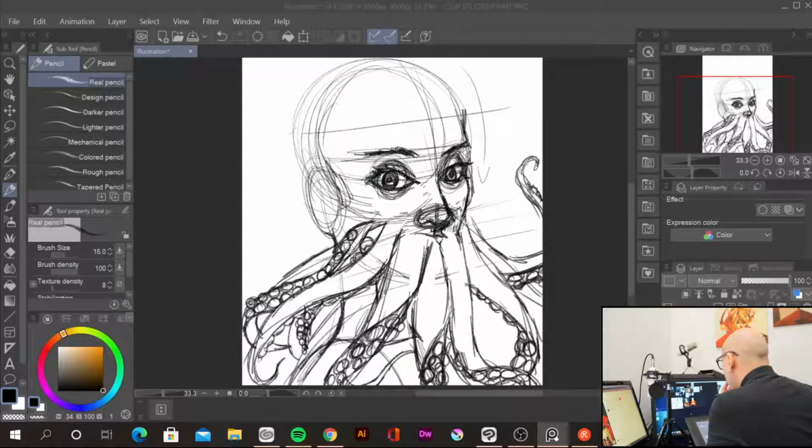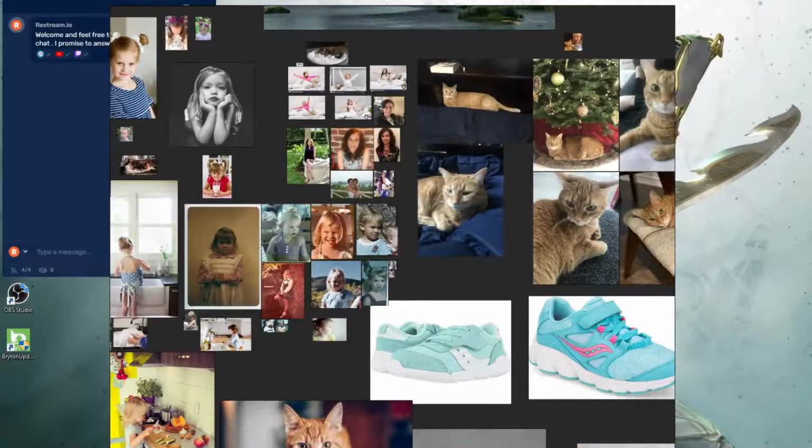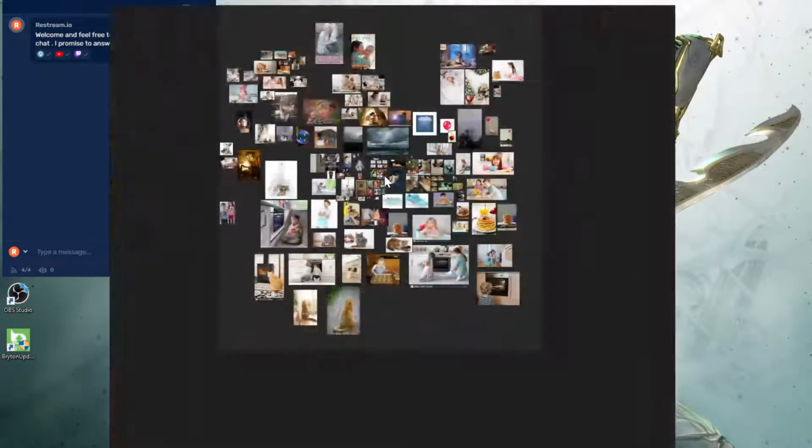This is the reference that I did for a client. Let me show you how many references I have. We are navigating the references right now. See, all of the references.